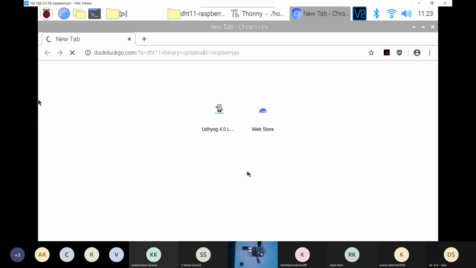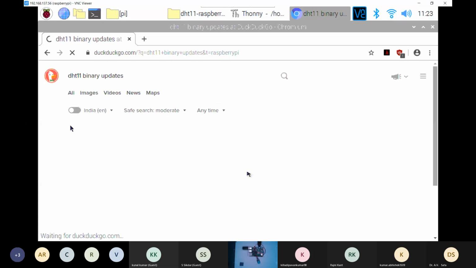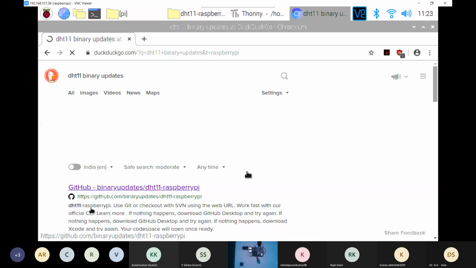Also, Google is not the official search engine for the Raspberry Pi. DuckDuckGo is open source software which Raspberry Pi has in default mode. So we use DuckDuckGo in Raspberry Pi. So basically, when we go inside this GitHub binary, I'll be showing there will be 2 files that we can download from there.